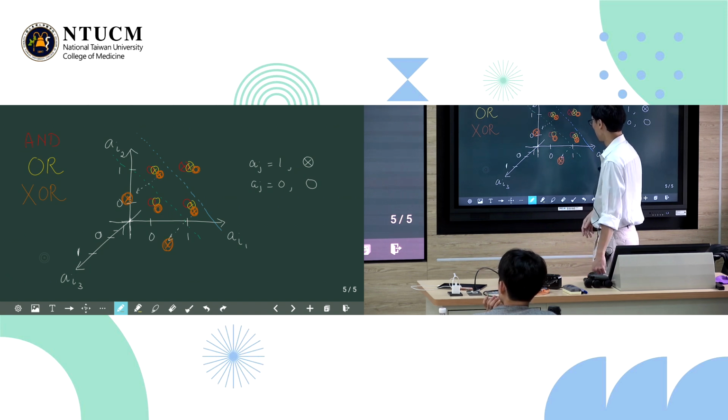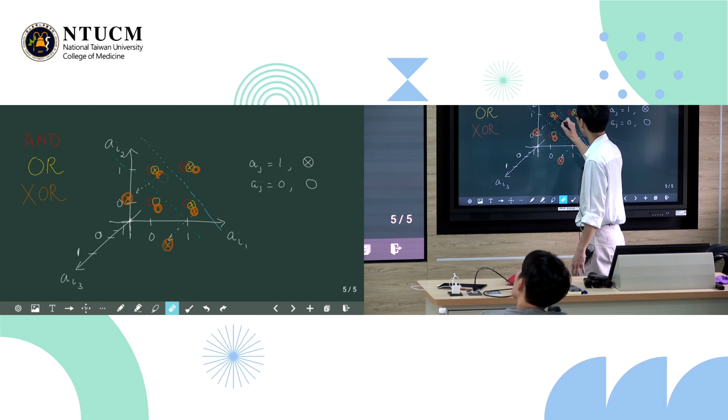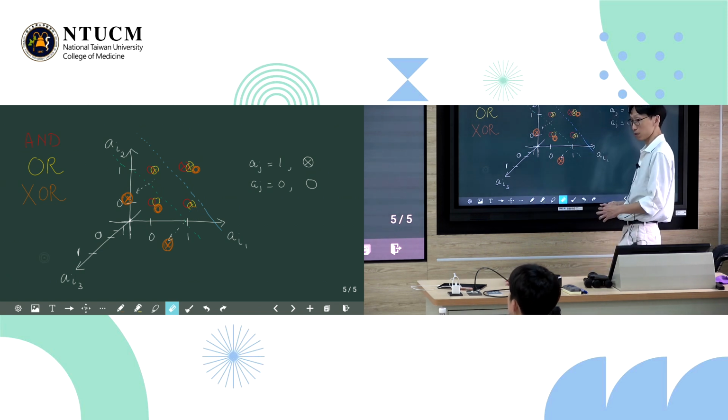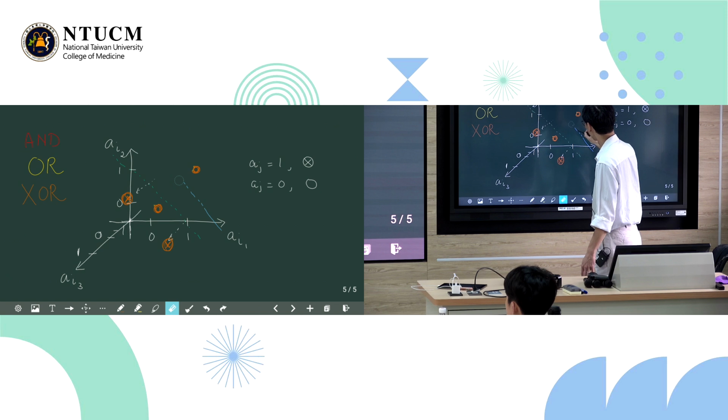And then I'm going to remove them from here. Okay? Can you imagine it? And I can just go ahead and erase these. So the orange crosses are no longer limited to just the same plane on the AI1 and AI2 basis.